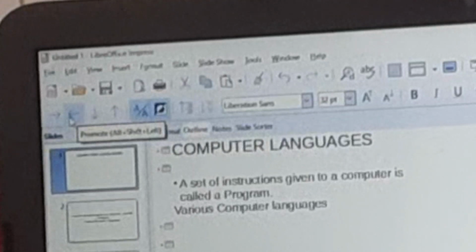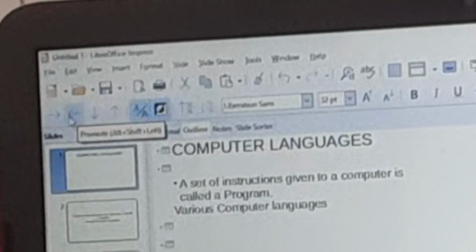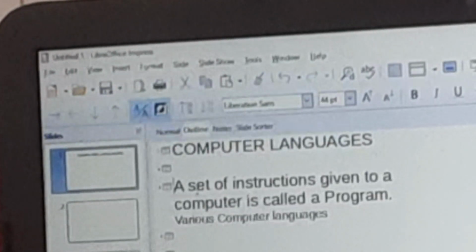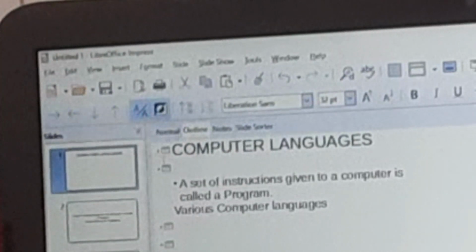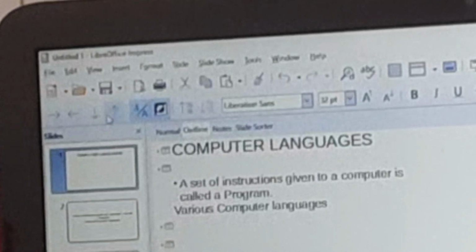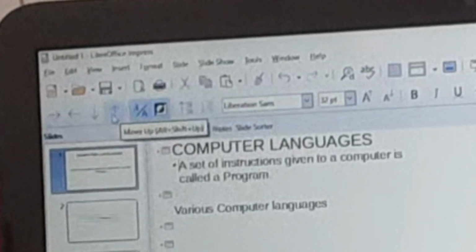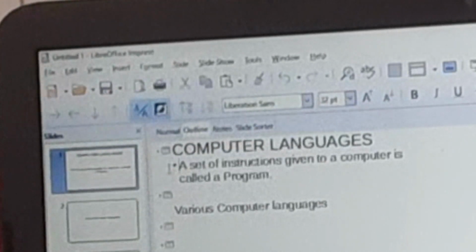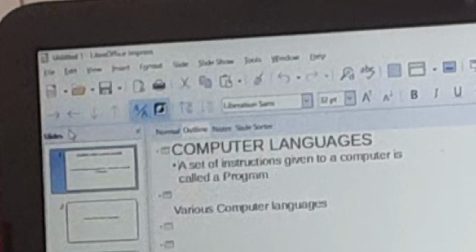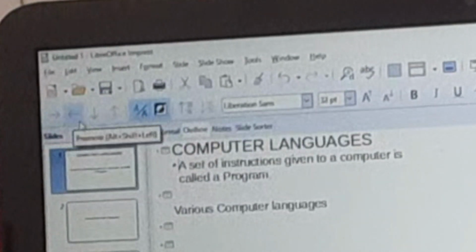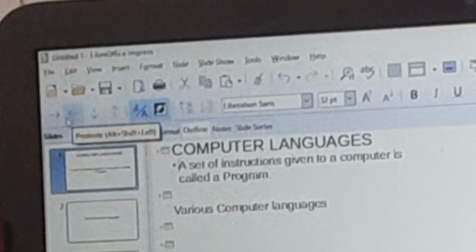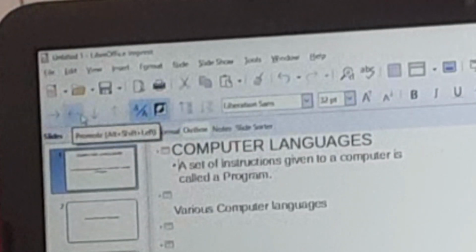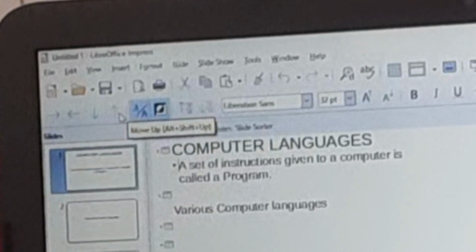And if I click the promote, left arrow, then the size will be increased, and if I click on the right one, the size will be decreased, and if we take move up, automatically it moves to the first slide. So these are the uses of these 4 arrows: demote, promote, move down and move up.